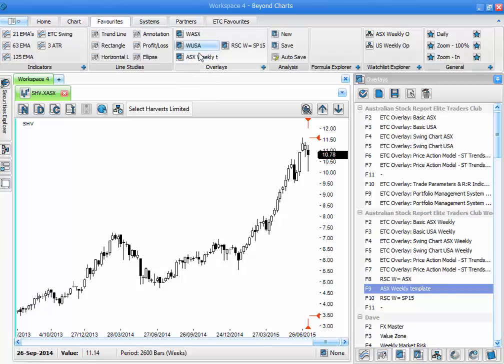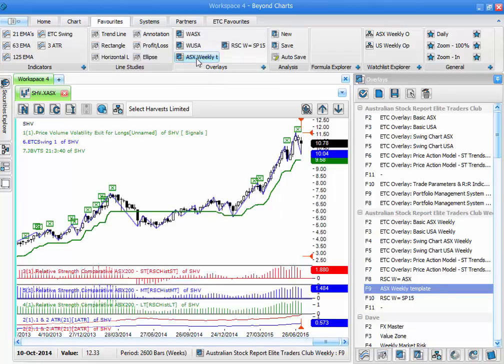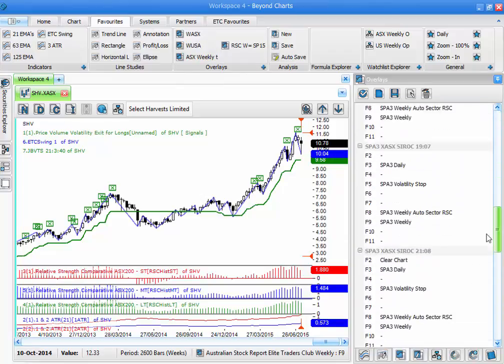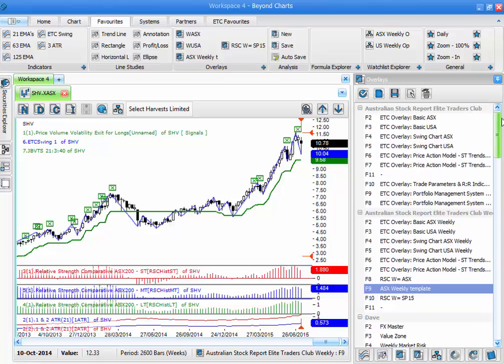And again, all I need to do, clicking on to the shortcut, and that saves me having to go through all the overlays. And as you can see, there's quite a number of them. It's just a shortcut way to be able to do it. So that's the overlays. The other section I think that is worthwhile having a little bit of a look at